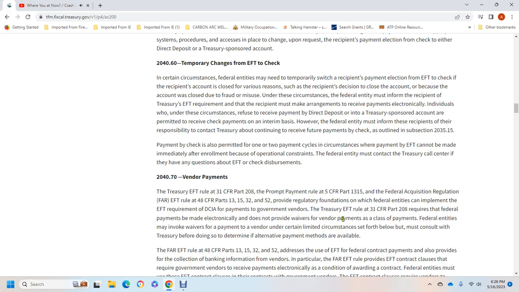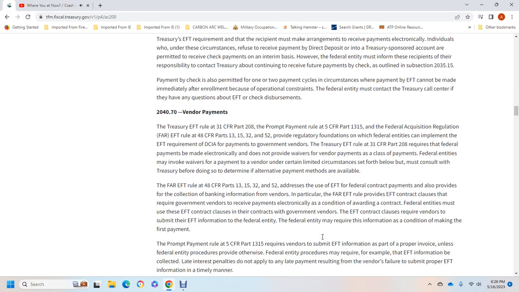that does not provide a way for vendor payments to be excluded from payment. A federal entity may invoke a way for the payment of the vendor under certain limited circumstances set forth below, but must consult with the Treasury before doing so to determine whether alternative payment methods are available, as far as the electronic funding transfer rule of Title 48 CFR Parts 13, 15, 32, and 52